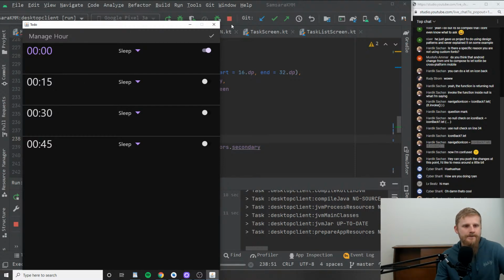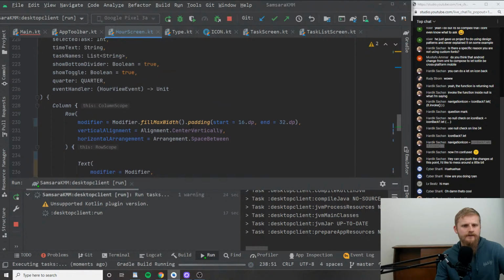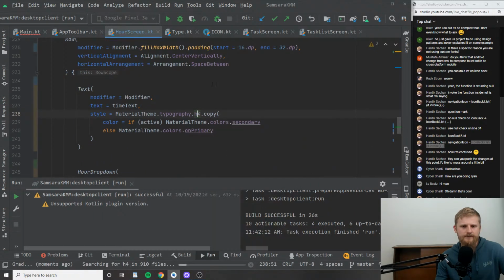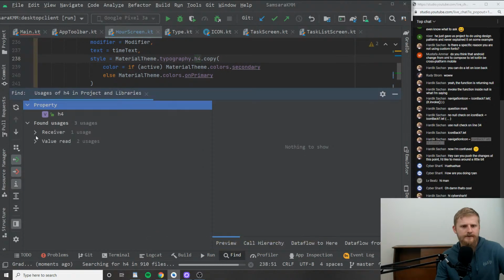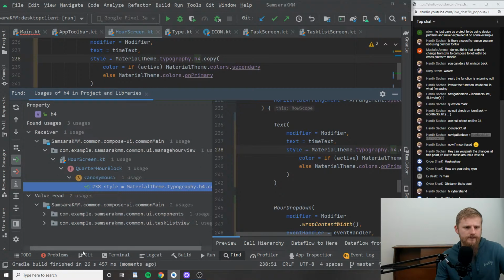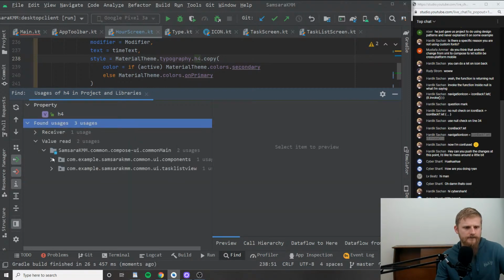Okay. I think what's going on, so no, that doesn't look like the same thing. Okay, sorry. Let me just rerun this find usages one more time here. Okay, so value red. Whoa, what the hell was that? So we use it in